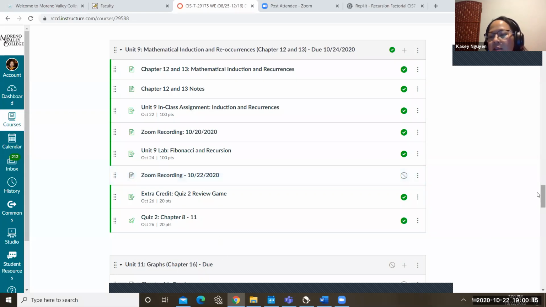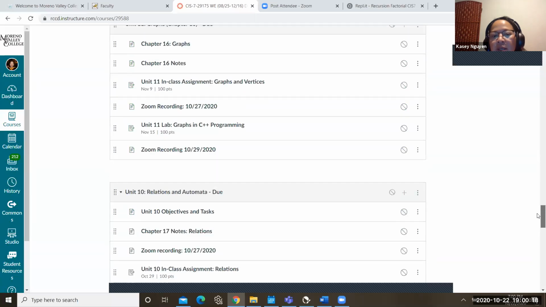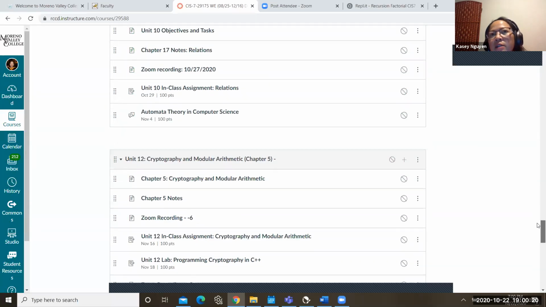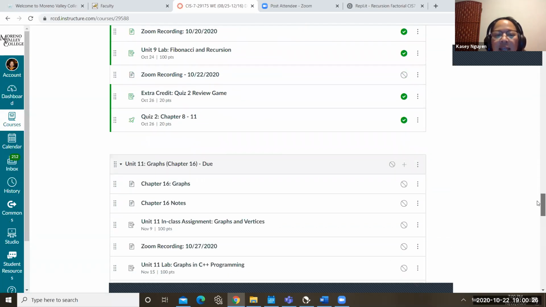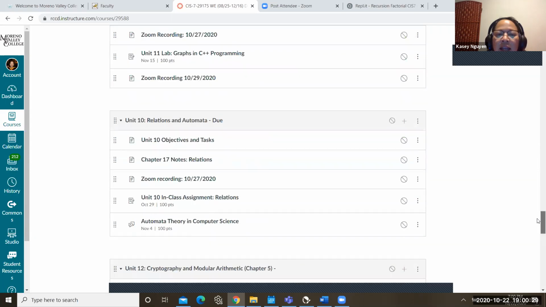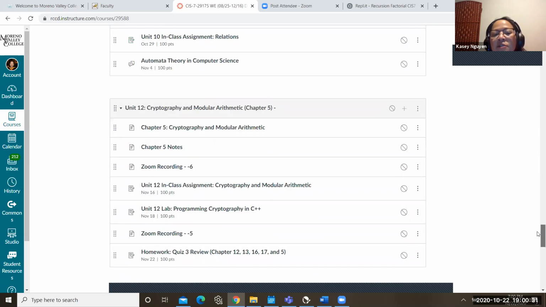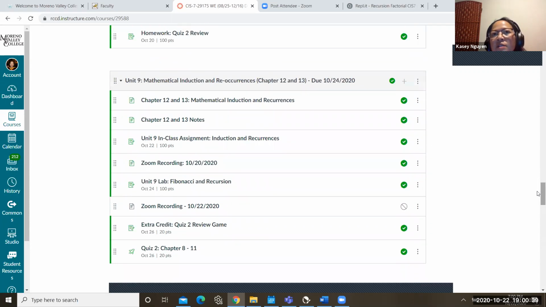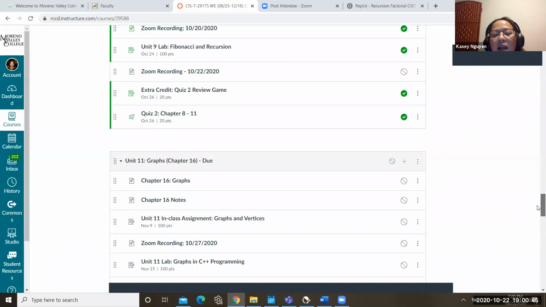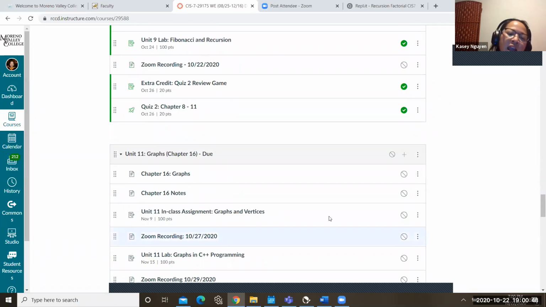Okay. So I was playing with some of the modules because I think I want to restructure the class a little bit. I want to go to chapter 16 after this, and then 17, and then come back to 5. Some portions of the text, like chapter 14, only have general information, not a lot of content. So I will likely do graphs, chapter 16, next week. I'll modify Canvas a little bit.